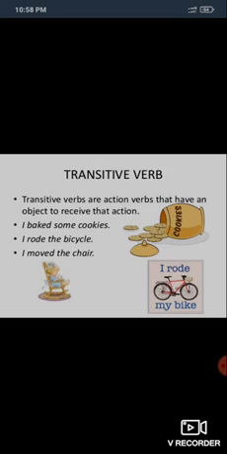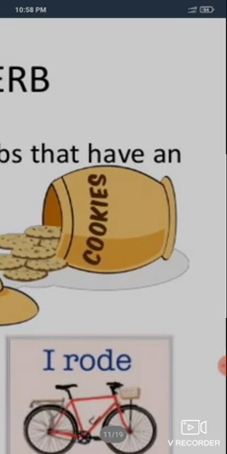Here, if we write, suppose, "I baked," that is not a complete sentence, but when we write "some cookies" also, it means that "baked" needed some word to make a complete sense. So that is a transitive verb. I rode the bicycle. I moved the chair. So baked, rode, moved are all transitive verbs. Next is